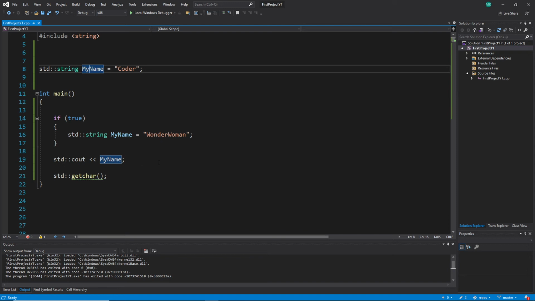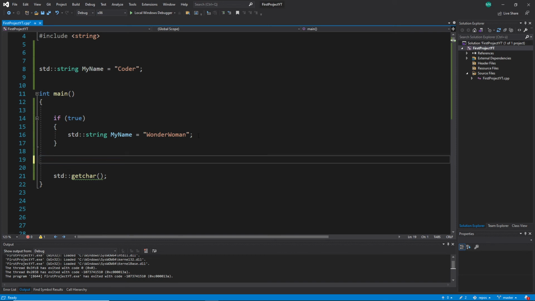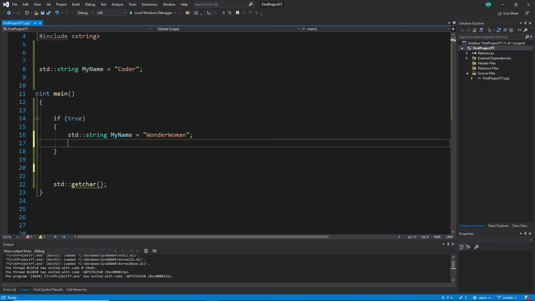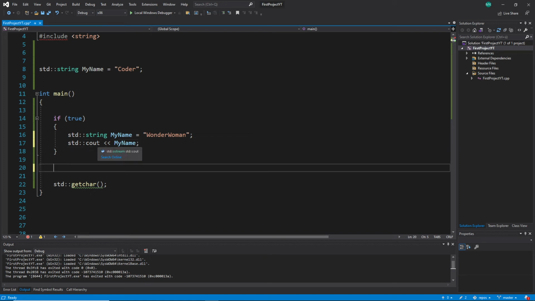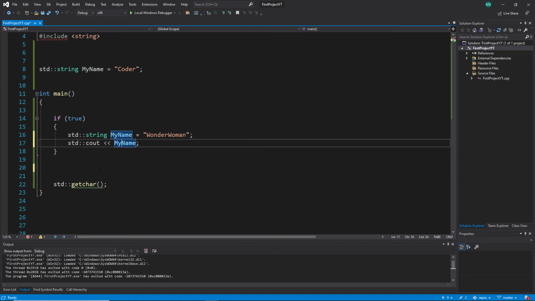So, one more thing is here. Let's say you wanted to access this Wonder Woman here. How do you make this work? Of course, there are many different solutions. You could print it out here. Instead of printing it out here, you print it out here. Why that? Because I said